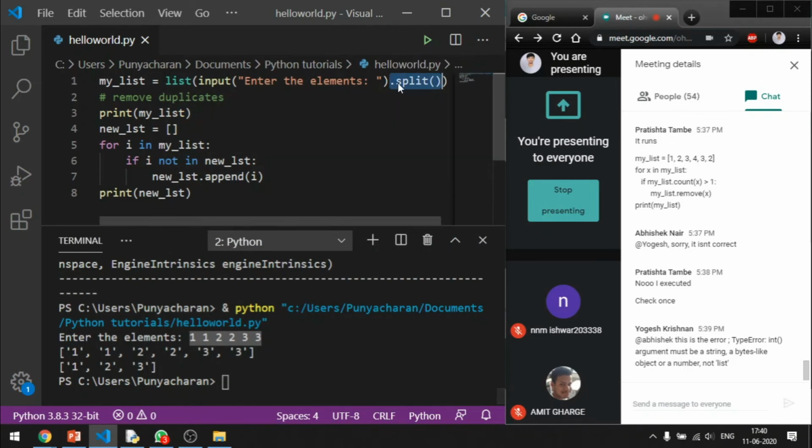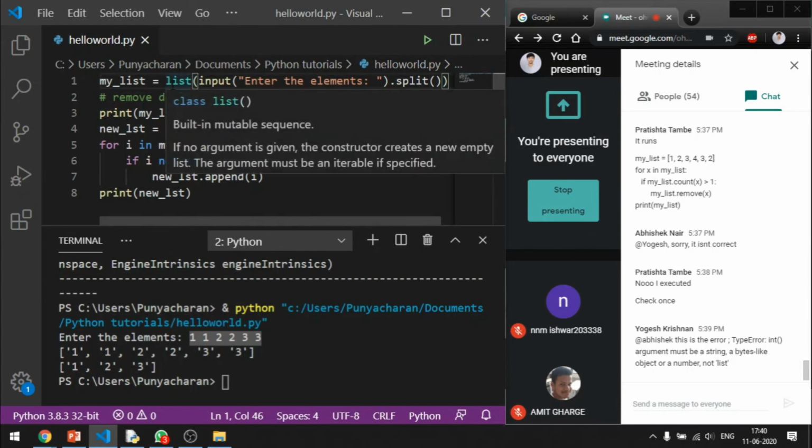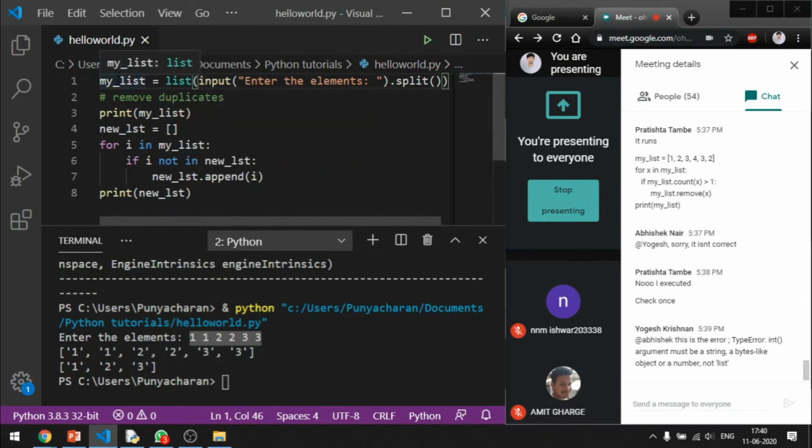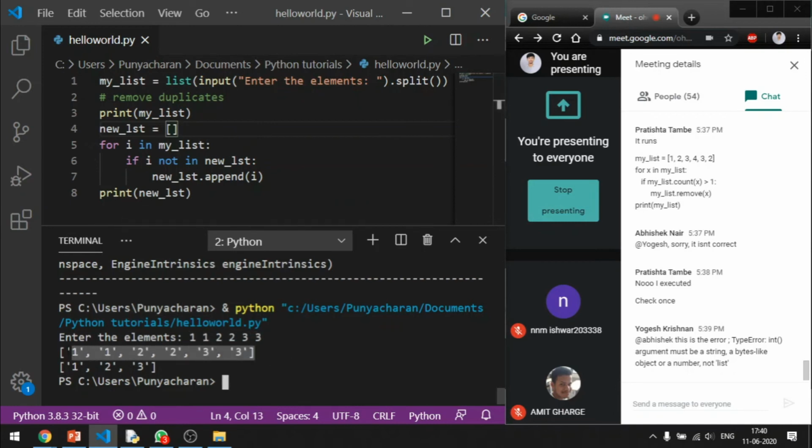Now, once it is split, it is converted into a list. Implicitly, when you split, it is going to get converted into a tuple, which we are going to see later. I want it as a list, so you are converting the tuple into a list and storing it in a variable called mylist. You are not converting the integers themselves. That tuple you are converting back to a list, and storing it in the mylist variable. Hope this is clear.